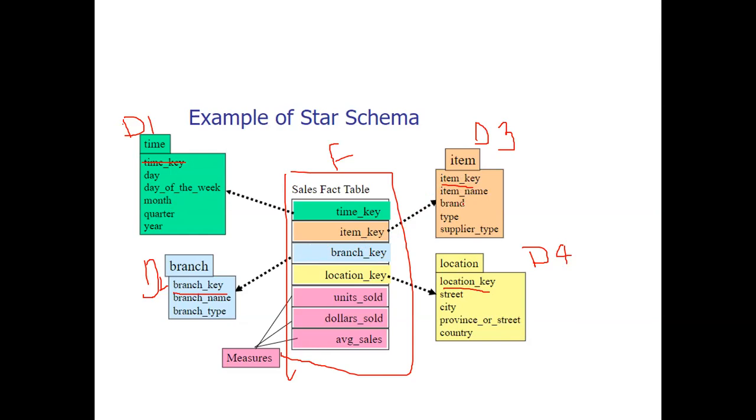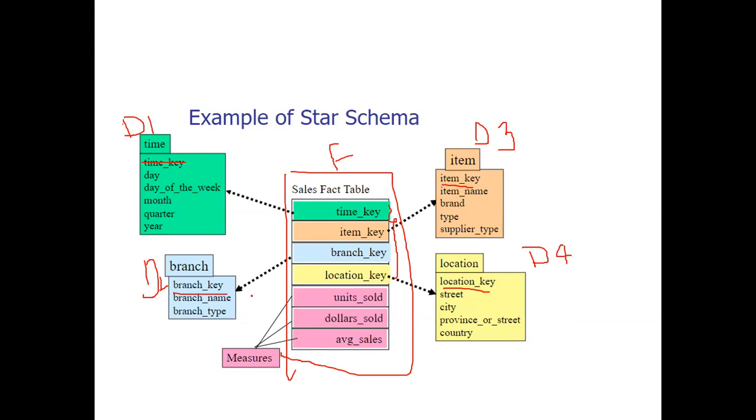So the primary keys of all these are stored in the fact table: time key, item key, branch key, location key. These are all keys known as surrogate keys, with the help of which we identify and relate the